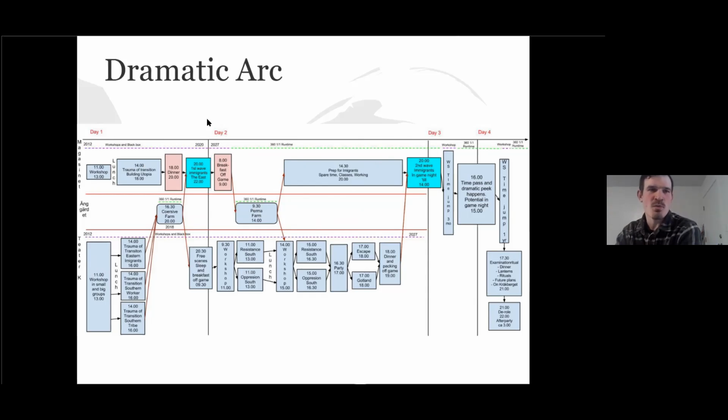So, to understand the color coding, this first day all the way up to the morning of the second day was basically workshops and black box scenes. It was not the 360-degree game. We were trying to create the 15 years leading up to the now of the game. And the dinner here at 1800 is when we go into playtime, where everybody starts playing their characters full time in the world as it is. And here's also where the first wave of immigrants come.